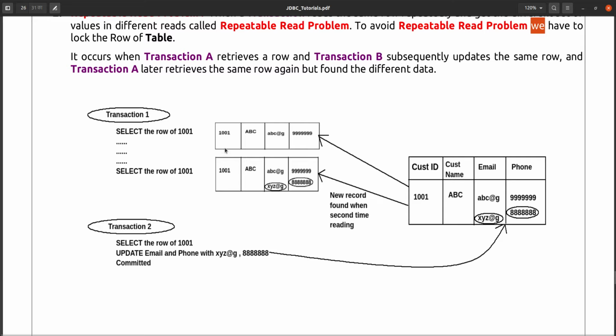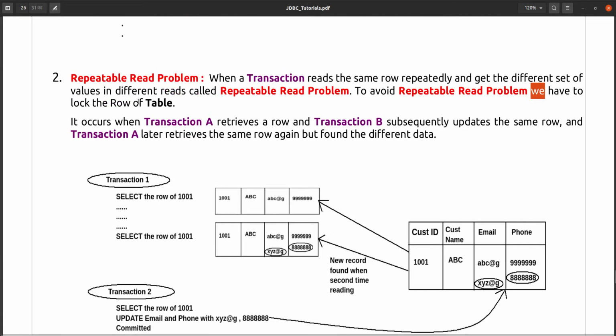Only the customer ID and customer name are the same, but the customer email and customer phone number have changed because transaction 2 changed these values. So this is called the repeatable read problem. Your transaction is reading the row of a table repeatedly, and in every repeat it is getting different data for the same row.